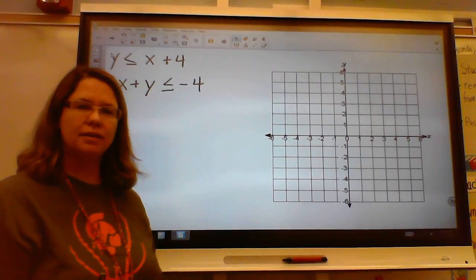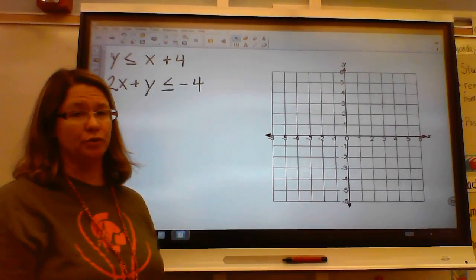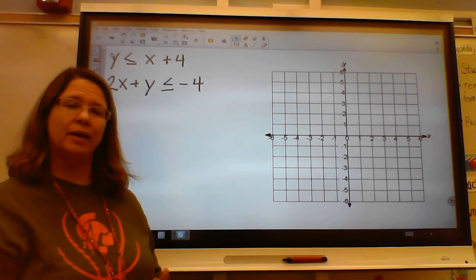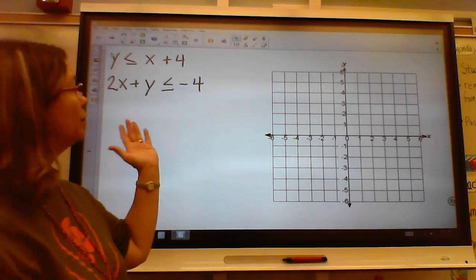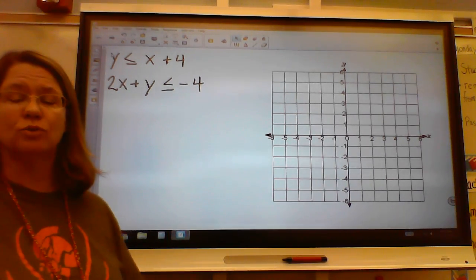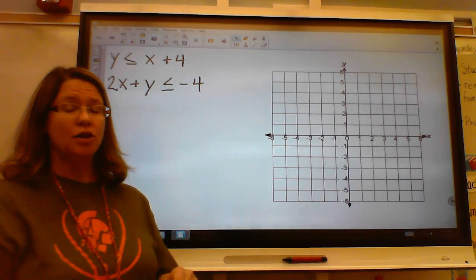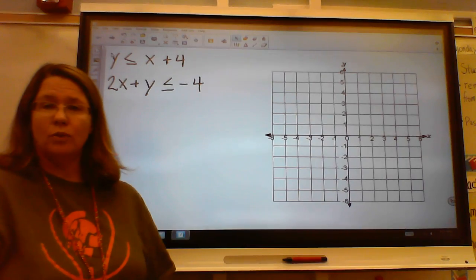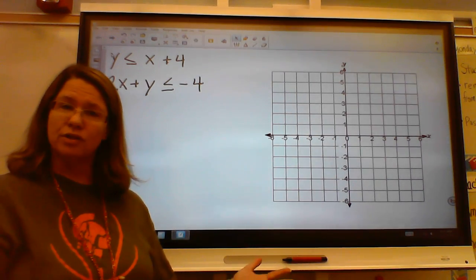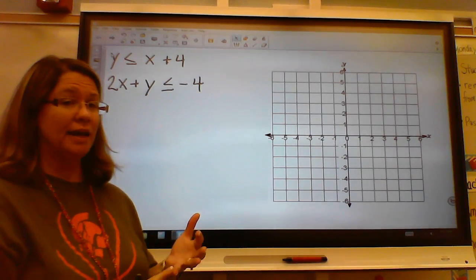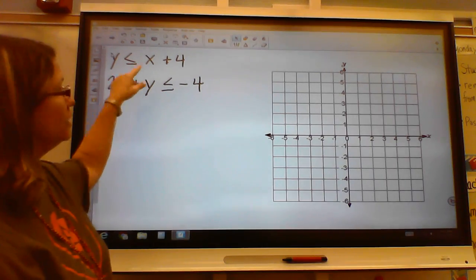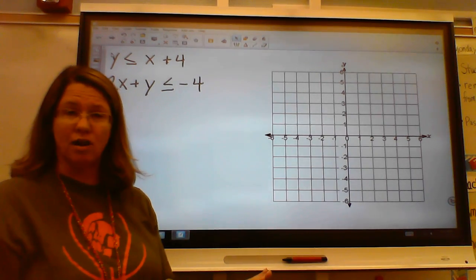Hi, so this is our midterm exam review, and question number 7 on the back of the paper was kind of small to see. So up here on the screen, you guys can see what the actual system was, and it is a system of inequalities. So we're going to go ahead and graph these just like they were lines, but then we have to ask ourselves, should the line be dashed or solid? And I hope that you guys notice they both have equal to lines, so they are definitely solid,